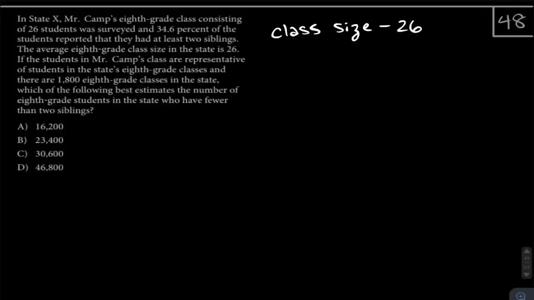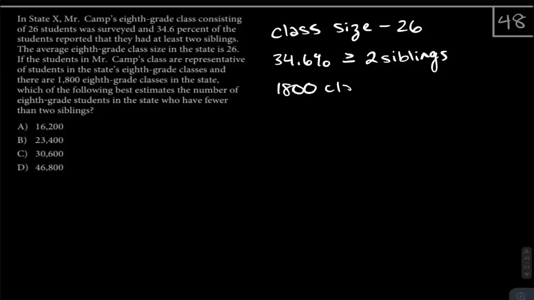Okay, class size is 26. 34.6% of these students say that they have greater than or equal to 2 siblings. It says the average 8th grade class size in the state is 26, so it matches Mr. Camp's class size. If the students in Mr. Camp's class are representative of students in the state's 8th grade classes, and there are 1,800 8th grade classes in the state,